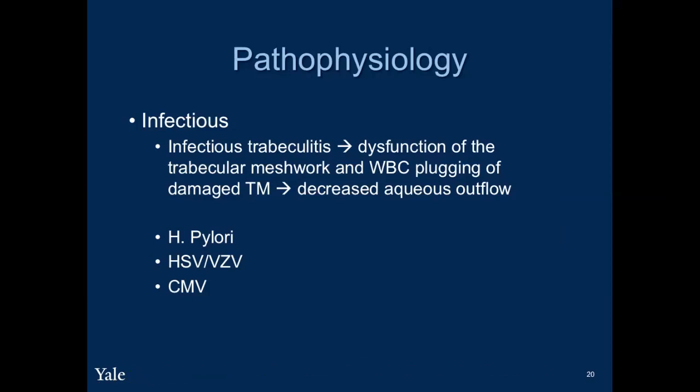Another hypothesis is that there is an underlying infectious etiology. So in this hypothesis, some kind of infectious agents, whether it's H. pylori, HSV, VZV, or CMV, lead to a dysfunction of the trabecular meshwork, as well as white blood cell plugging of the damaged TM, which then leads to decreased aqueous outflow and the elevated IOP that we see in these patients. Of these, CMV actually has the greatest